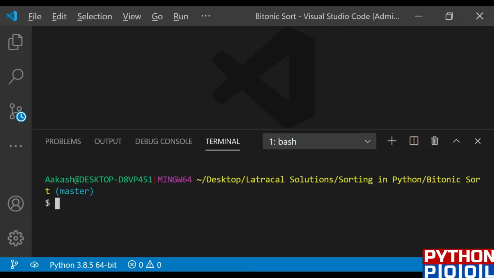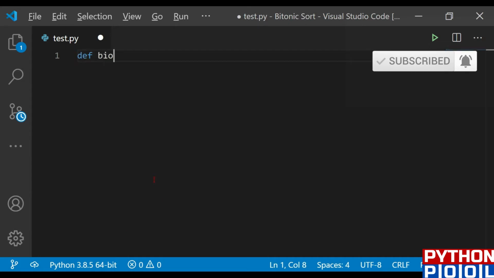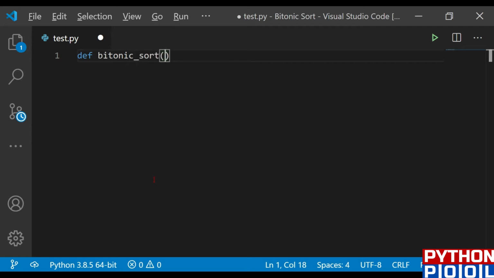First of all, I'm going to create a file and name it test.py. Once my file is ready, I'm going to define the function and name it bitonic sort itself. It will take a list as usual, but today it would not take only the list, it would take some values too. I'll give the list name as A. It would take a low value, a count, and the direction of the sorting, so in the forward direction or the backward direction. It would take all these parameters.